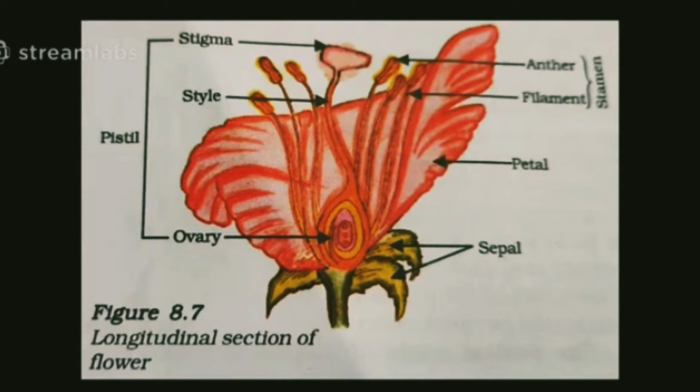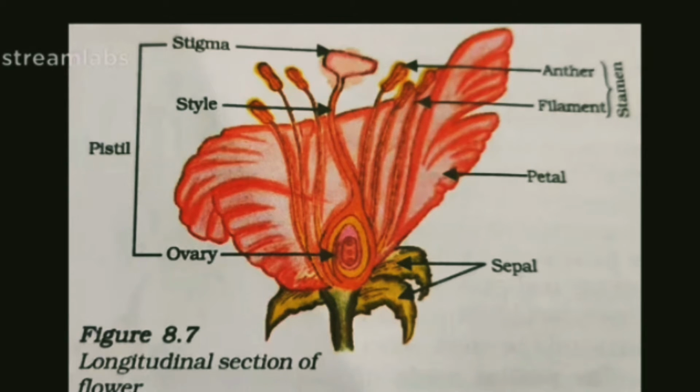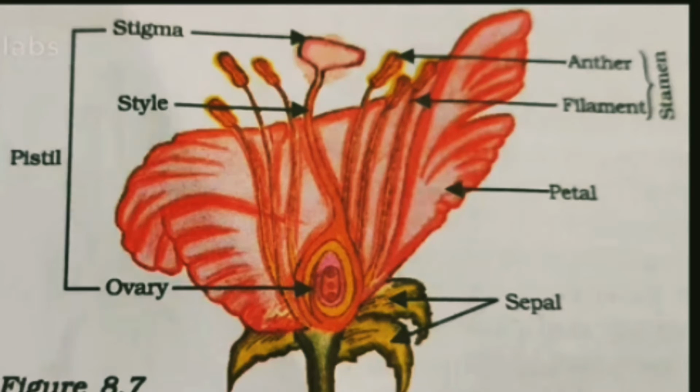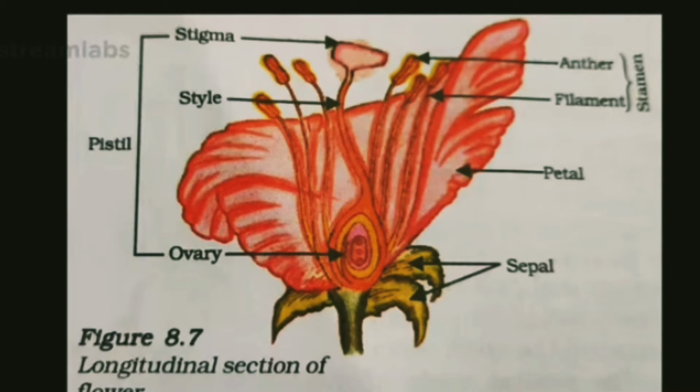The floral parts like sepals, petals, and androecium, all these are connected to the thalamus. These are neatly arranged on the thalamus. Petals and sepals have no role in bringing about reproduction in the plants. Petals are attractive parts which attract the insects. In turn, insects bring pollination.